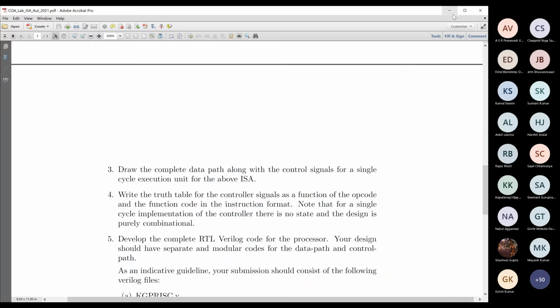You can share your screen and tell us how you are planning the instruction set architecture, and some other batch we will ask how you are planning the data path, and maybe another batch on how you are planning the controller. So we will have a discussion on this, and by next Friday all of us should have a fair idea about how to handle problems 1 to 4.